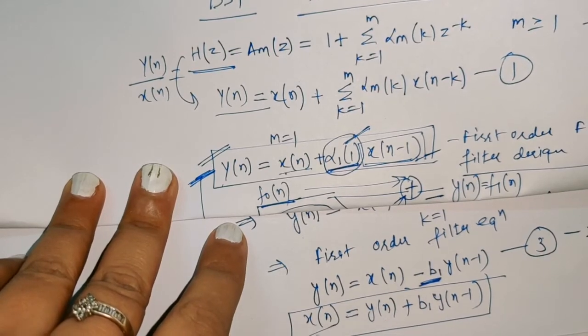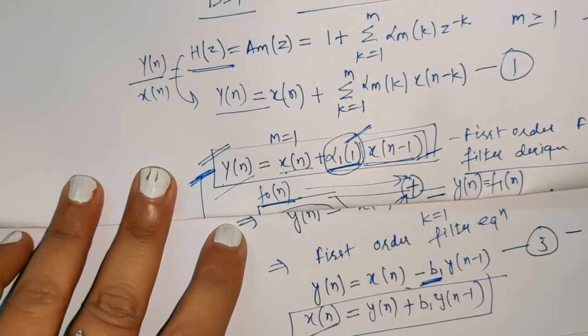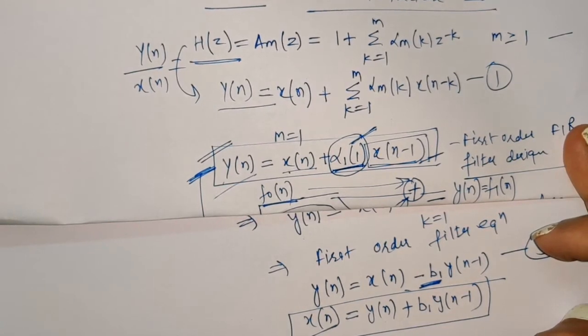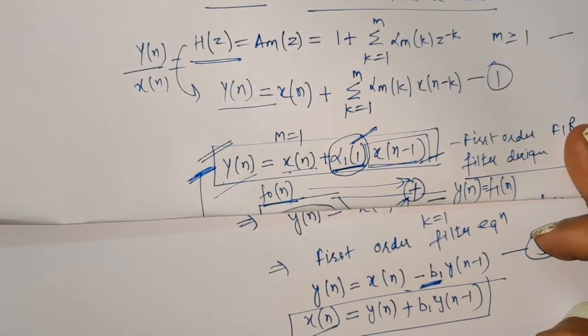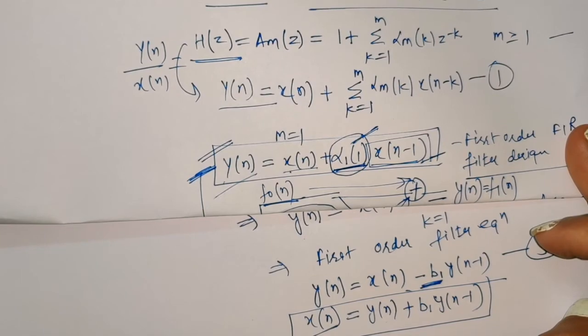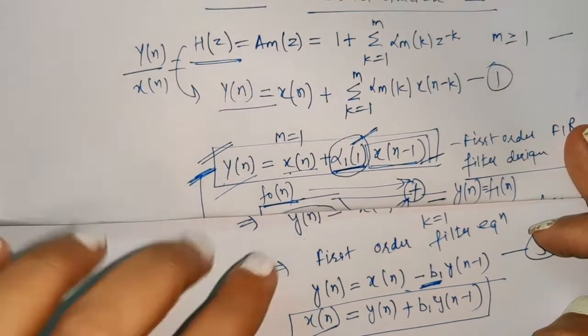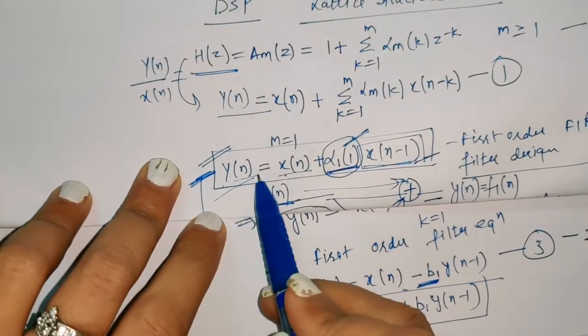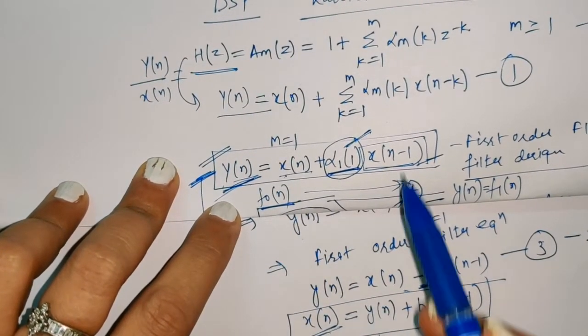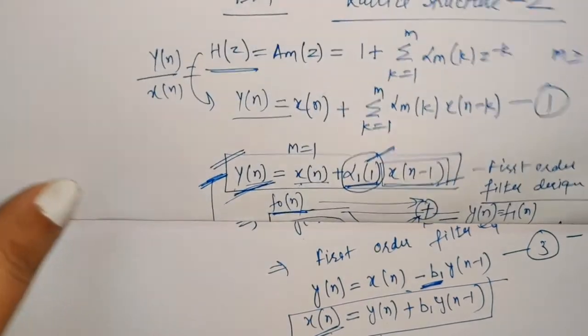Okay, so if we interchange the inputs and outputs of our lattice structure that we previously discussed for FIR, we can get the lattice structure for IIR. So basically we can realize one structure from another structure easily. If we are having IIR, we can realize FIR also. If we are having FIR, we can realize IIR too. Okay, because the only difference is that here output is this and this is your input. So input and output values are getting interchanged.